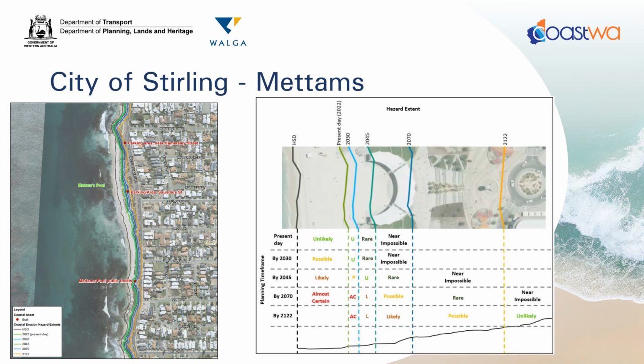The other thing that they've done is they've tried to define the level of risk based on, I guess, the positions of the coastal erosion hazard lines. So this plot just shows how they've set it up. They've got the HSD, they've got their present day, 2030, 2045, 2070 and 2122 coastal erosion hazard lines, and they've defined the likelihood scale based on each of the areas. So if your asset is between the 2070 line and the 2122 line, by 2122 they're saying that that's